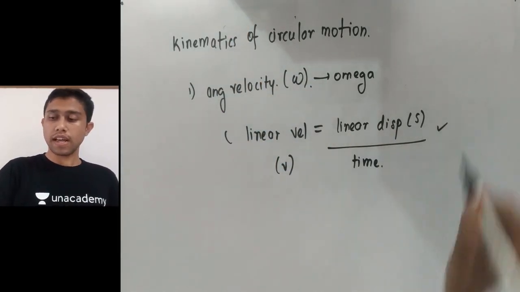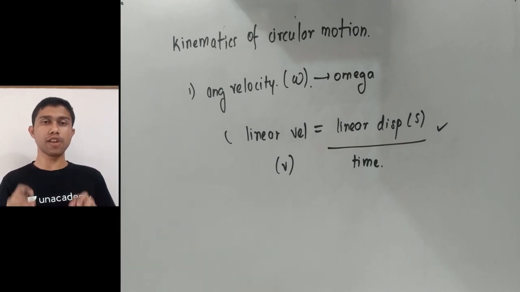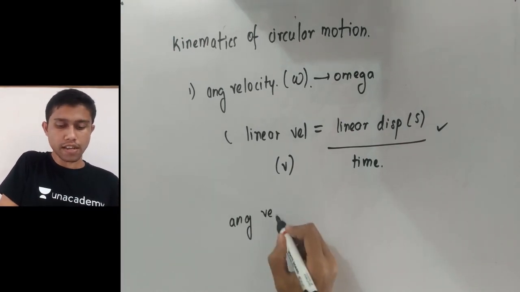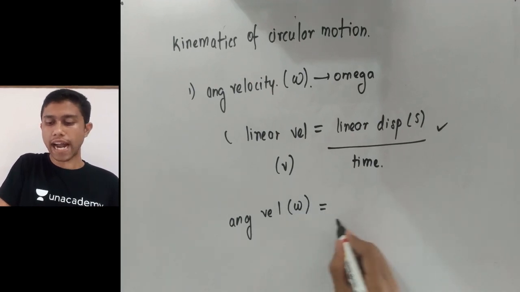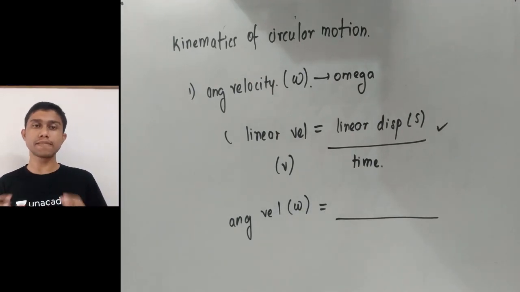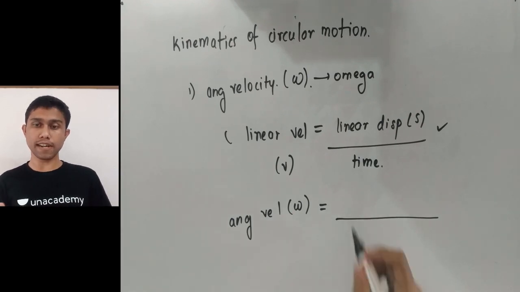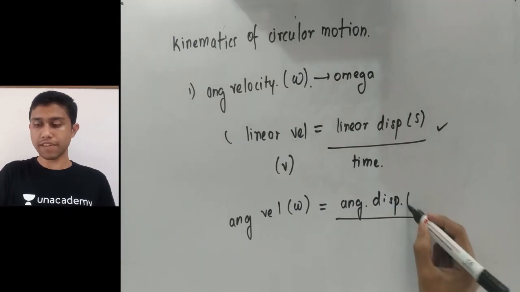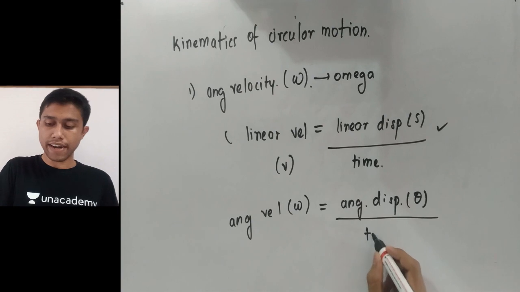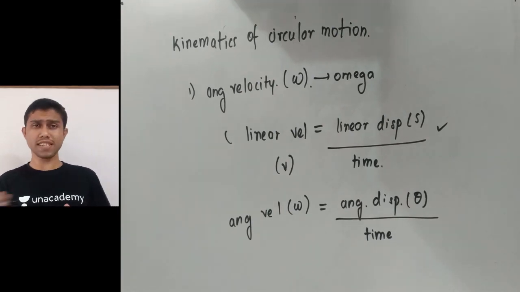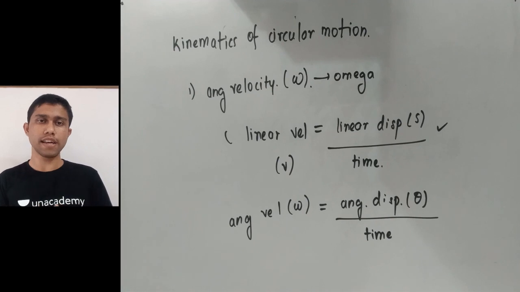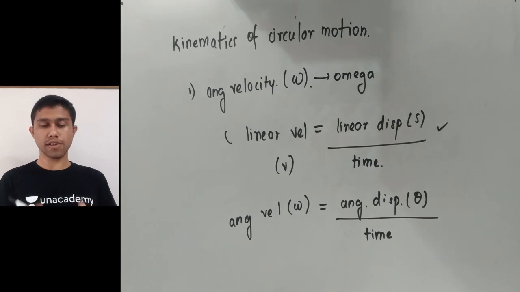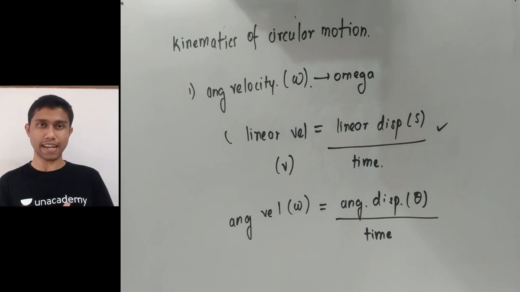so how is it different from the angular velocity? Angular velocity, when I'll write, I'll denote it by omega. So that will be also equal to a displacement, but here the displacement is slightly different. Here the displacement is angular displacement, which we have seen previously, which is given by theta divided by time. So is time going to change? No, time is going to remain same, because time is time and time is irrespective of any frame or any other thing. So this is the difference between linear velocity and angular velocity. So I hope you have understood what is the angular velocity. Now I'll show with diagrammatically.